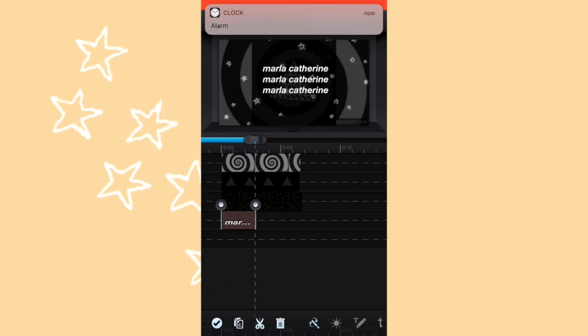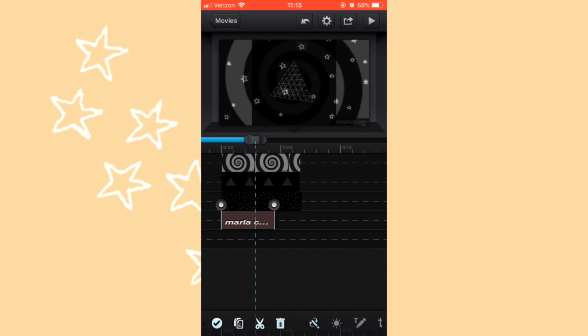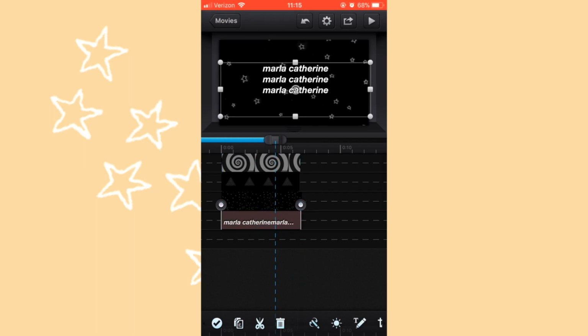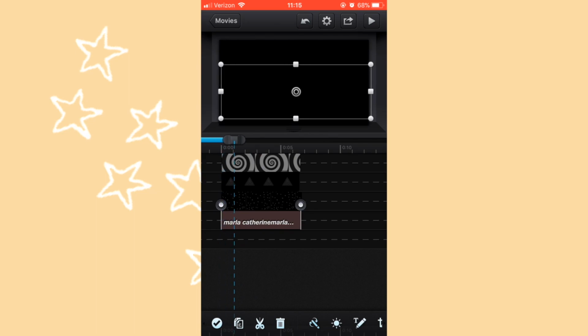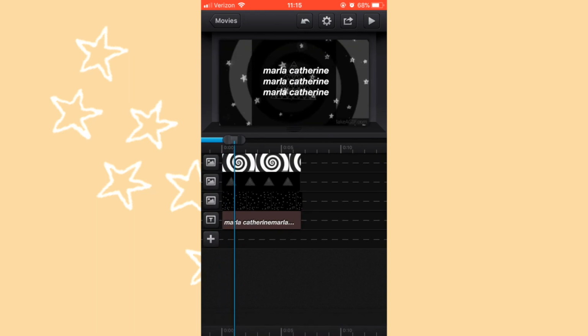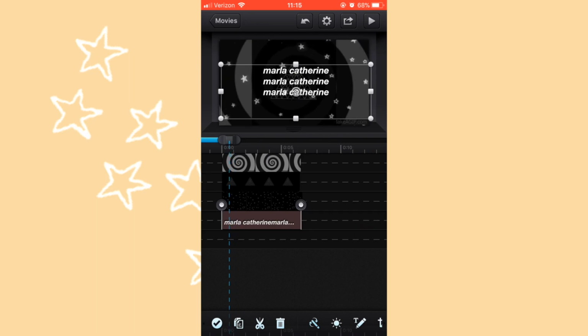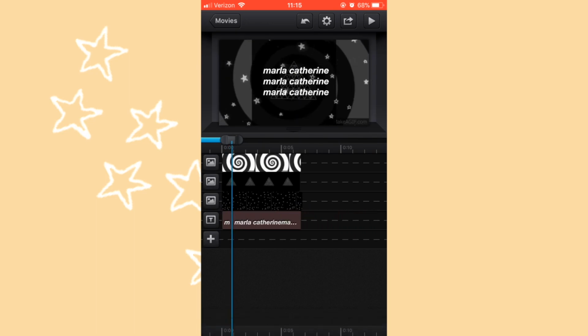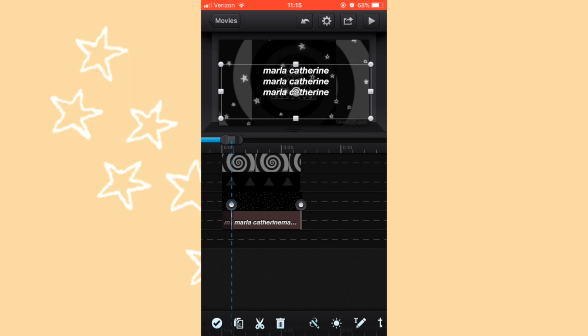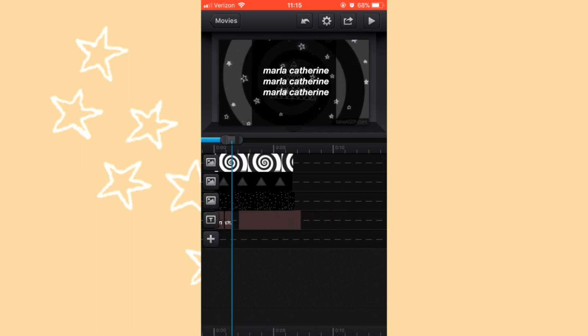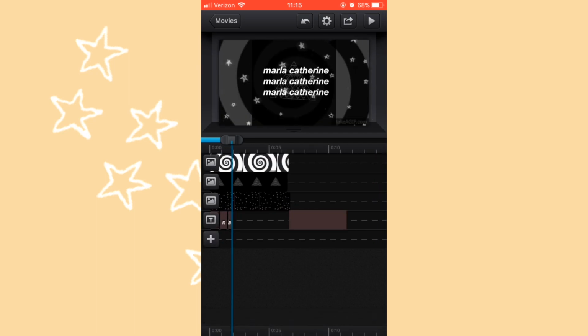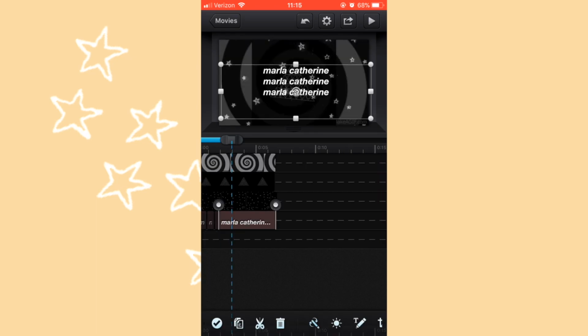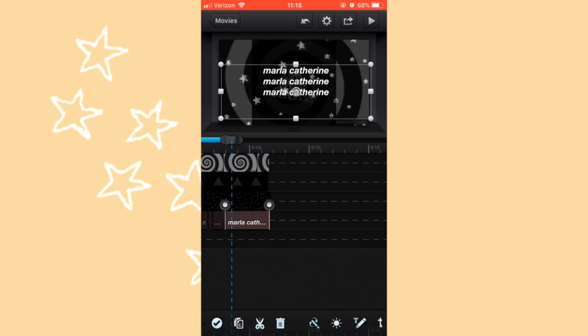The next thing you're going to want to do is you have to stretch it out by tapping it to get these little bars, and then I'm making it the length of the other video clips. Once I have this, what I'm going to do is go to the scissors tool at the bottom. You'll see it pop up right now, but this scissor tool, I'm just going to split it and I'm going to do it at maybe 0.2 seconds apart and just break it up like this